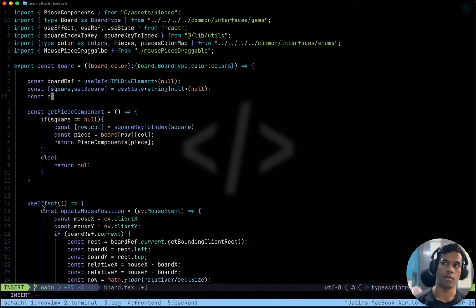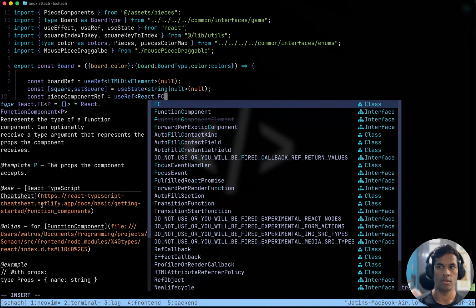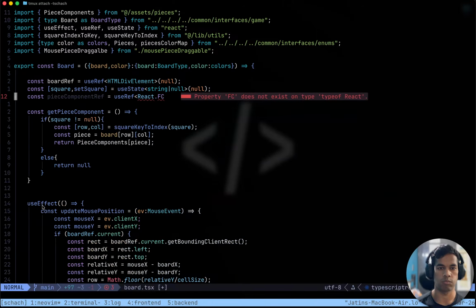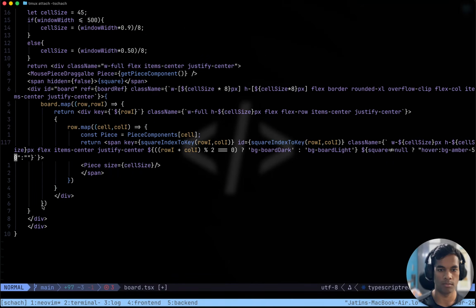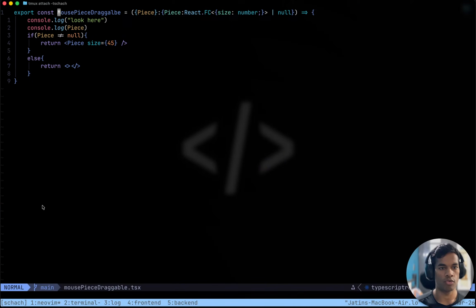Okay, piece component ref equals use ref where the type is React.FC, and shit. I will have to look it up. What's the type? Mouse piece draggable.